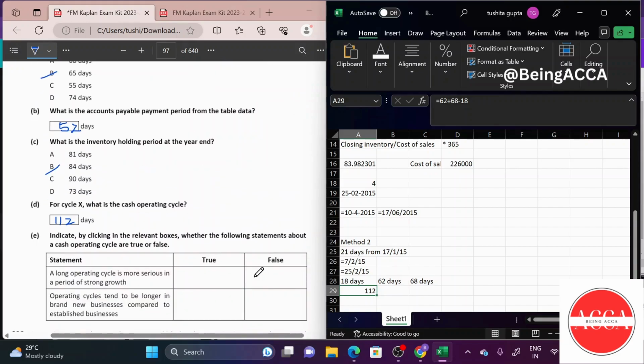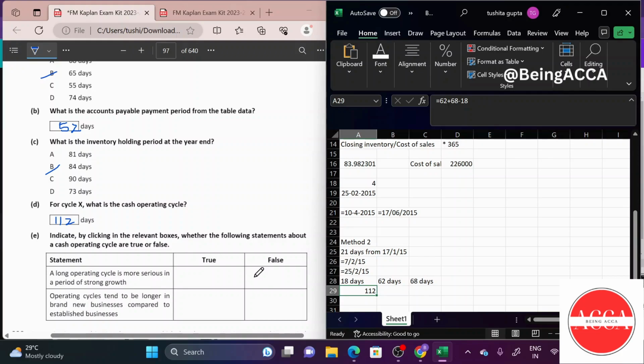Now moving to the last question, indicate by clicking in the relevant boxes whether the following statements about a cash operating cycle are true or false. A long cash operating cycle is more serious in a period of strong growth. Yes, this is true because